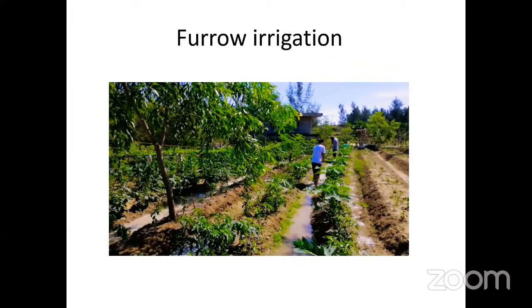And in this method also, the water does not touch the tree trunk, so we are avoiding any fungal diseases that can be caused by touching the tree trunks. But this method also allows the water to go faster as it is straight, and so it reduces the quantities of water. But again, as a surface irrigation system, it mainly consumes more water than the other irrigation systems that we will explain later.